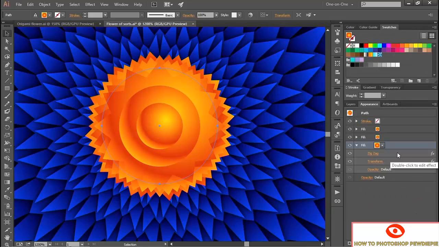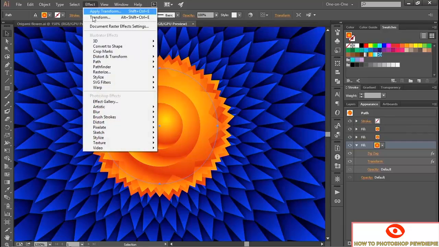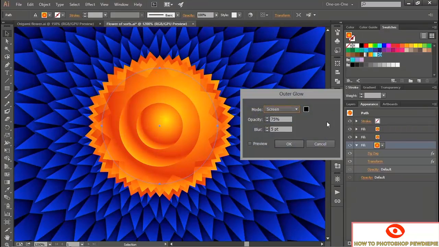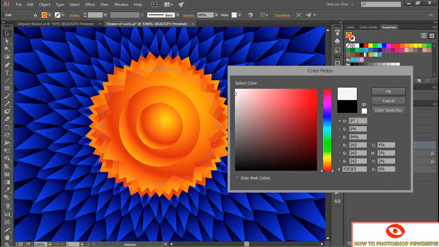And then finally, I want some more definition around this fill. So I'll go up to the Effect menu, choose Stylize, and choose Outer Glow. I really want a kind of shadow, so I'll go ahead and click on the color swatch right there, and I'll change the hue value to 15 degrees. I'll take the saturation value up to 100%, and I'll take the brightness value down to 25%, like so, and